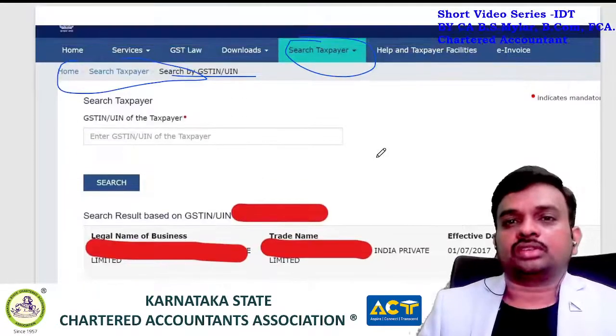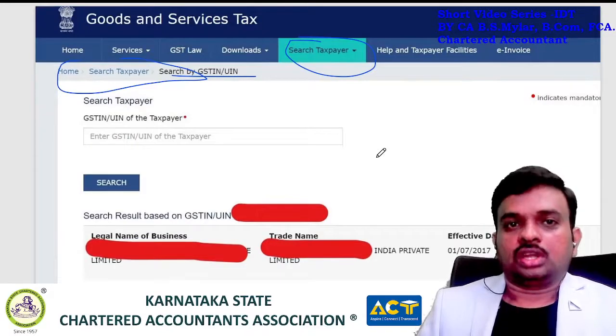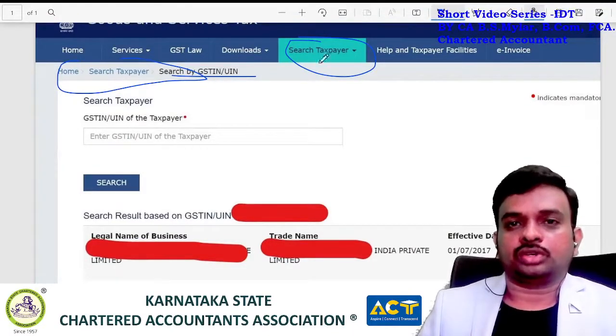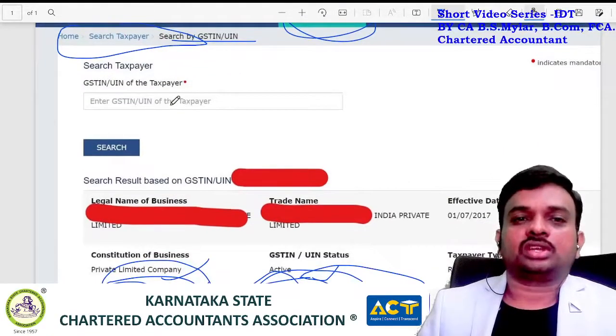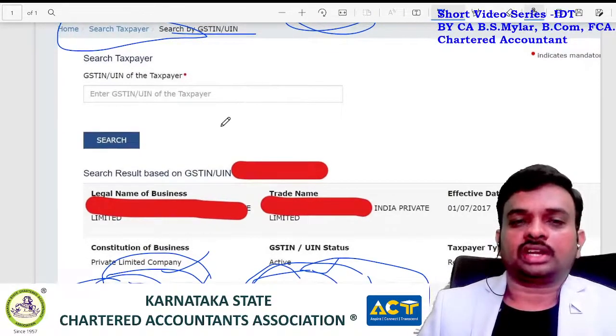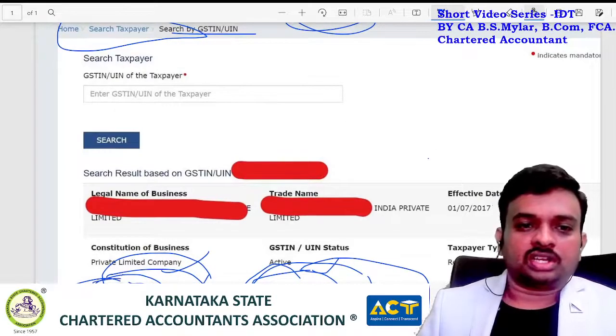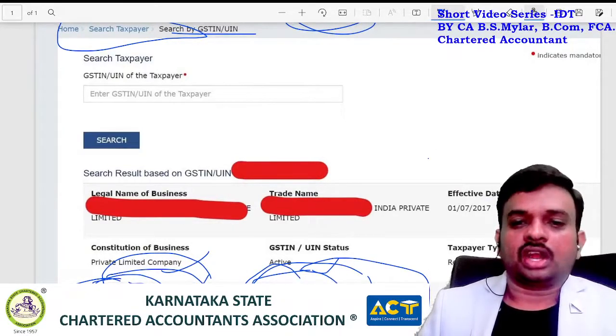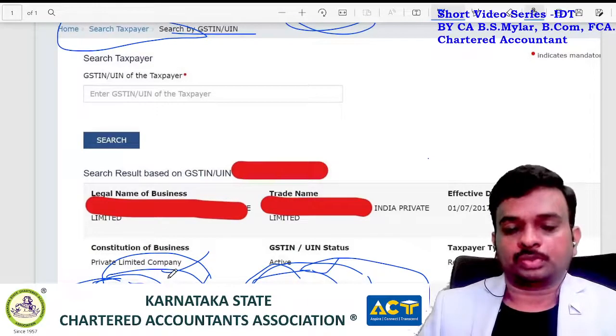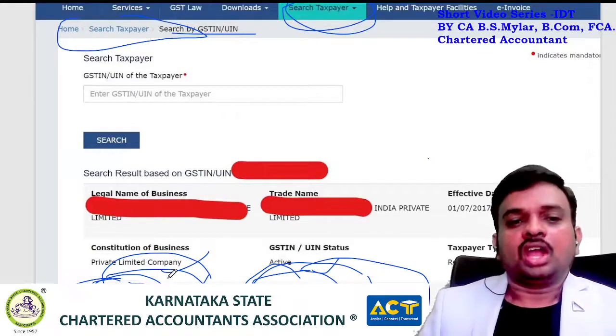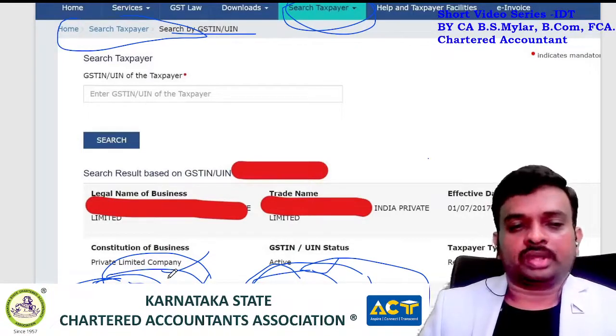How to check which jurisdiction you fall under? How to check administrative jurisdiction? You can log into gst.gov.in and go to search taxpayer. Under search taxpayer, you enter a GST number, enter the CAPTCHA and enter, and you will come to this page. Here it will clearly show the administrative jurisdiction and other office. Administrative jurisdiction is responsible for your administrative work, registration, additional place of business, cancellation, GSTR 3A notice. All this will be issued by the administrative jurisdiction.